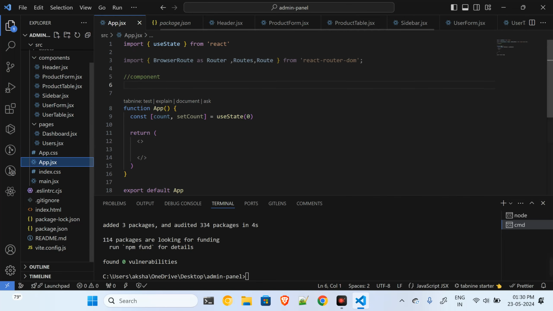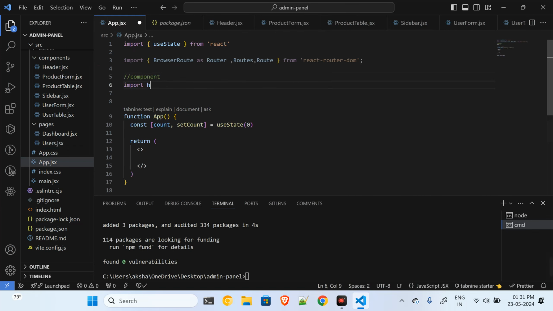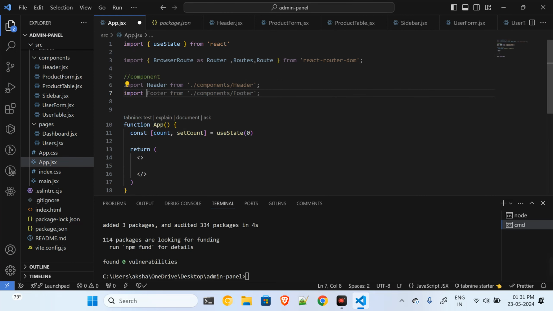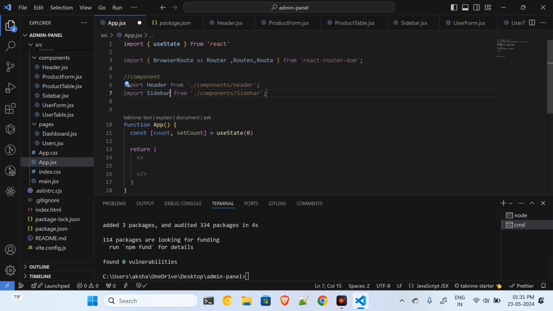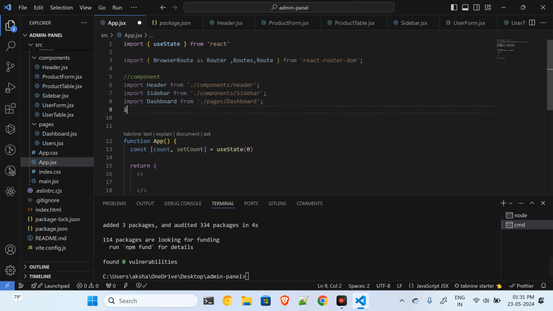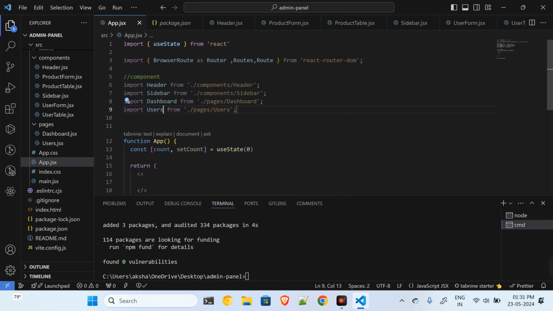Okay, so now let me just go to the app.jsx. I will import the Header first, then I have the Sidebar. I will import Sidebar, and after the Sidebar, next component which I have is Dashboard. And then I will import the Users. Okay, so I am done importing all these components, and